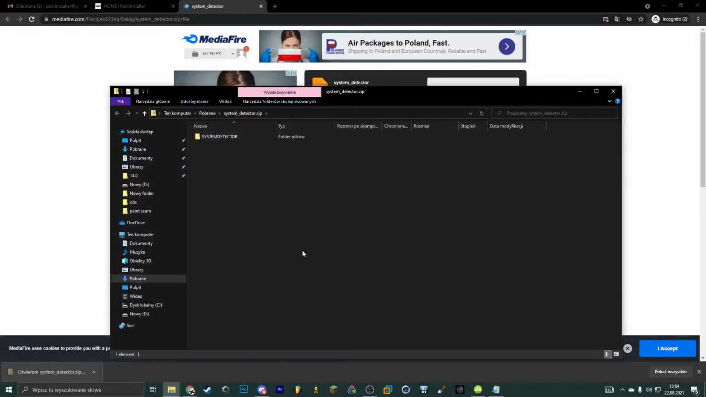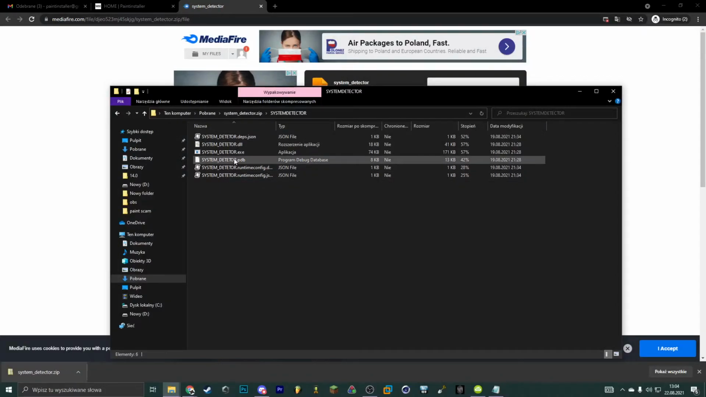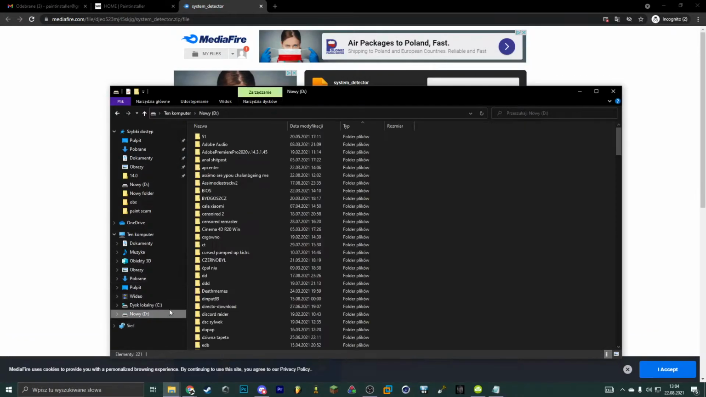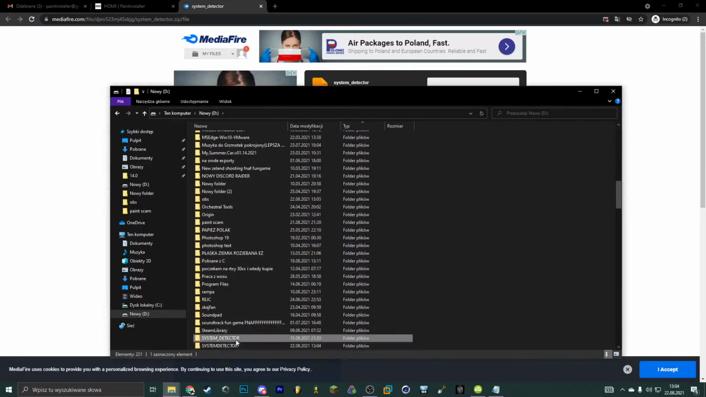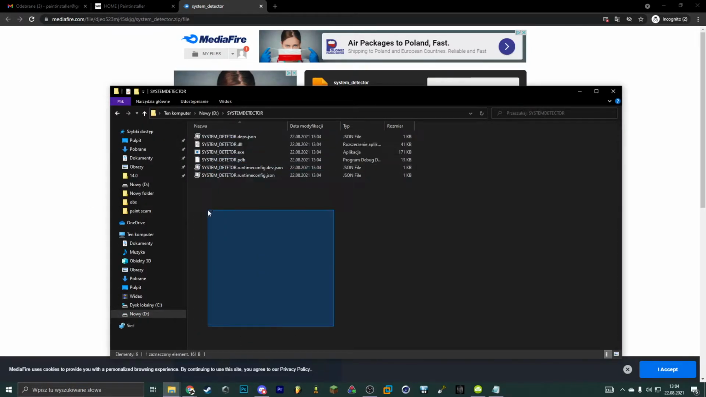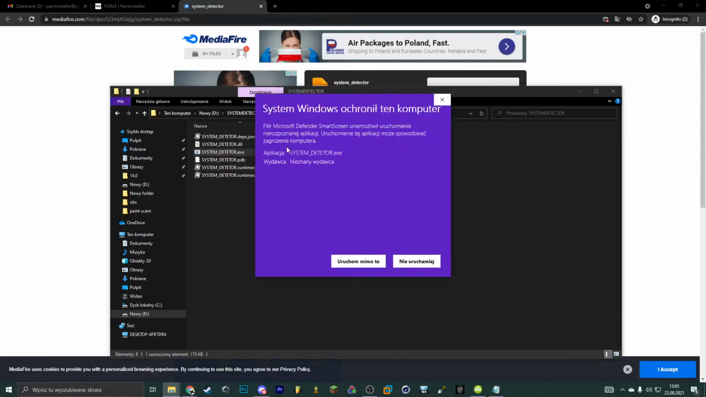You're gonna download system detector, and open it. You're gonna Ctrl C that entire file, and Ctrl V. And you're gonna run the exe file. So you don't run these config.json files or DLL, because if you run those files, this can destroy your BIOS. So you're gonna run this file,